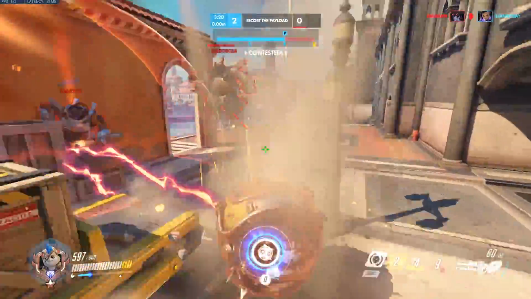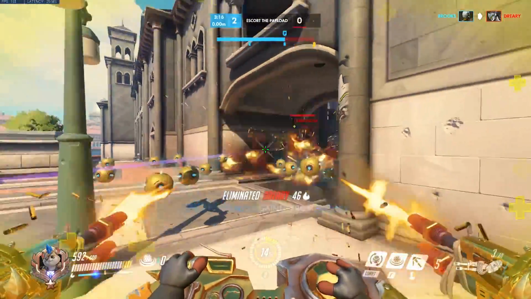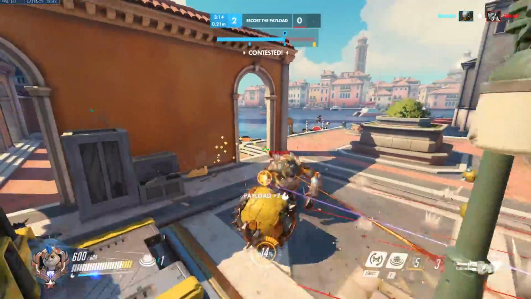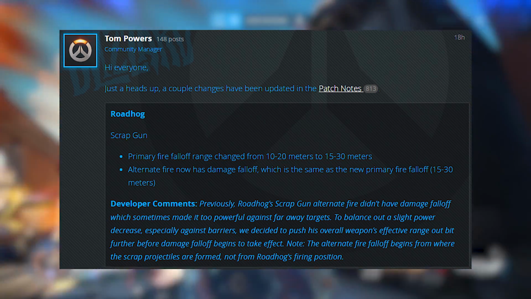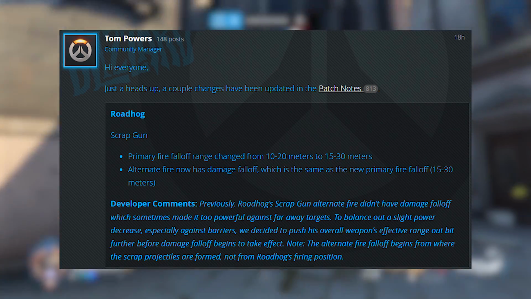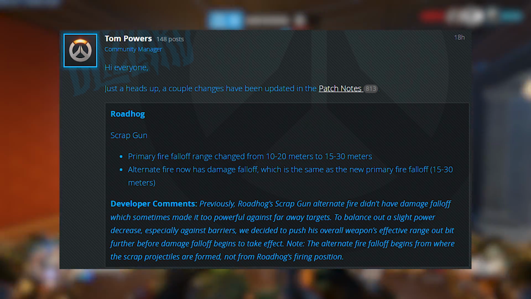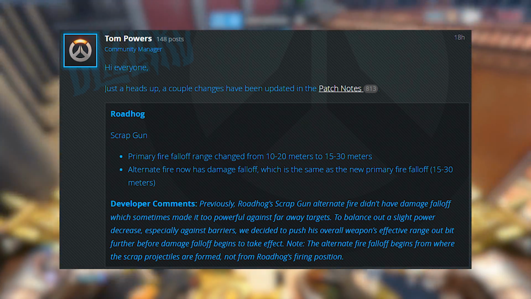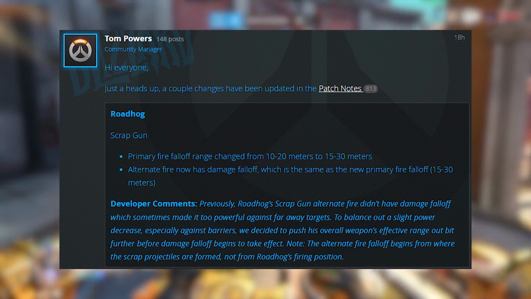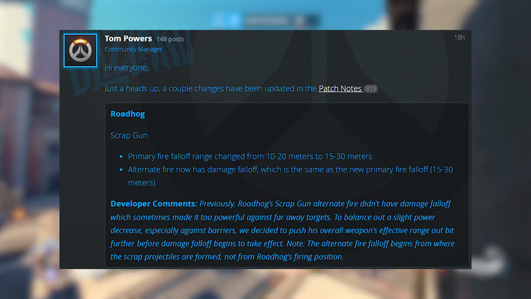So first things first, let's deal with that rather secretive Roadhog change. Some very observant Roadhog players had already noticed a bit of difference, but I'll read through the patch notes for you now. Roadhog's scrap gun. Primary fire fall-off range changed from 10 to 20 meters to 15 to 30 meters. Alternate fire now has damage fall-off, which is the same as the new primary fire fall-off, 15 to 30 meters. The developer comments read, previously, Roadhog's scrap gun alternate fire didn't have damage fall-off, which sometimes made it too powerful